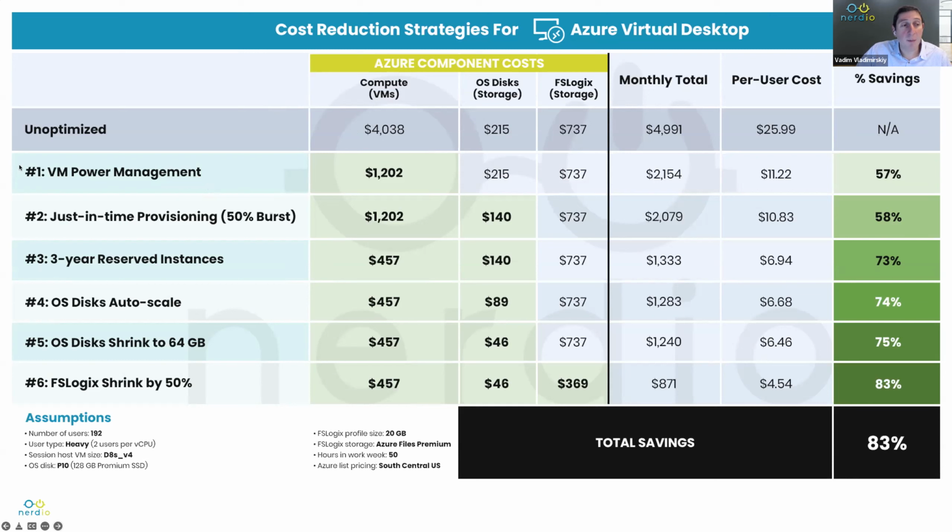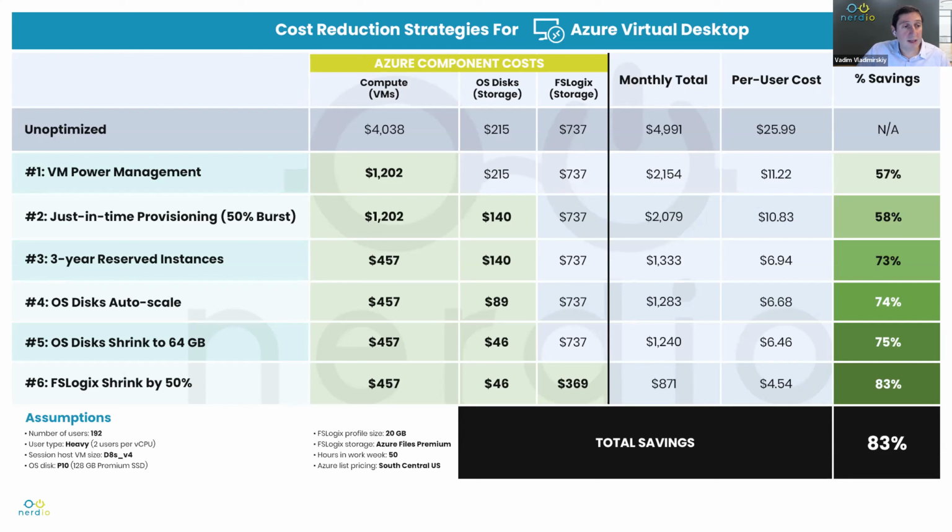The first one is VM power management. And I think this is the most obvious and intuitive one. What it does is make sure that the right VM is on at the right time, so that when users are not using VMs, they get shut down. When the users need them, they get proactively powered on, and it optimizes the compute costs of those running VMs by shutting them down when they are no longer needed. However, even with power management, there are some costs associated with the disks